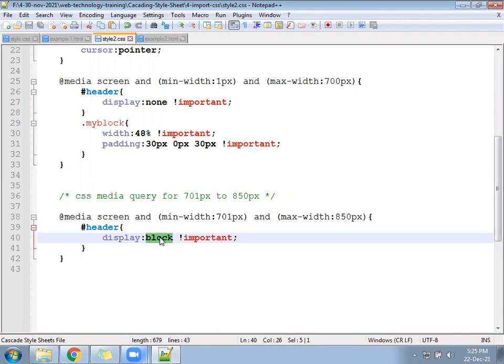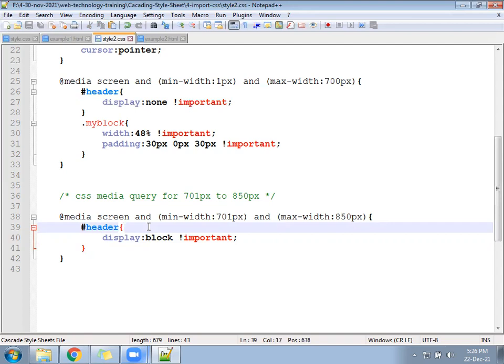Are you able to follow or not? If the HTML tag is inline, then display inline. If the HTML tag is a block level element, then use display as block. Suppose you have an image tag or a paragraph tag. Paragraph is a block level tag, so if you are hiding and showing the paragraph, you write display none and display block.